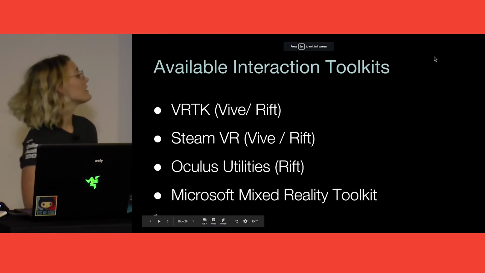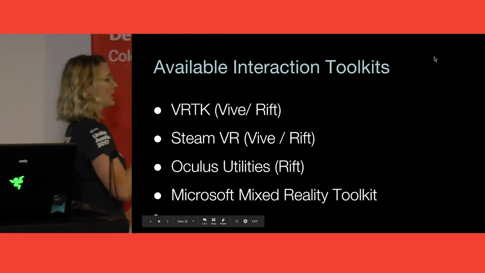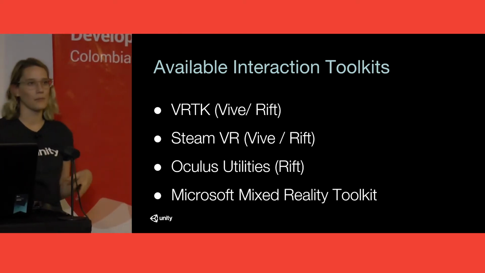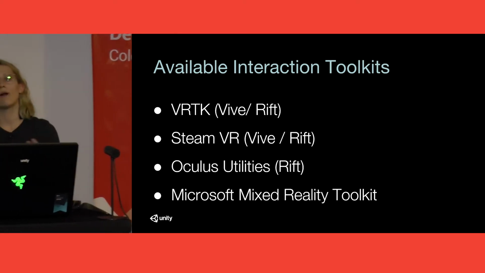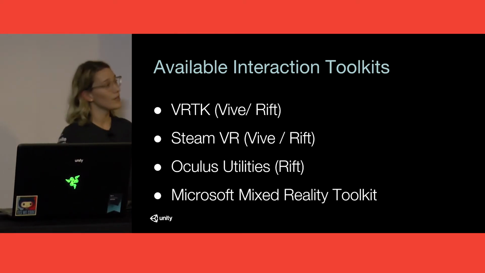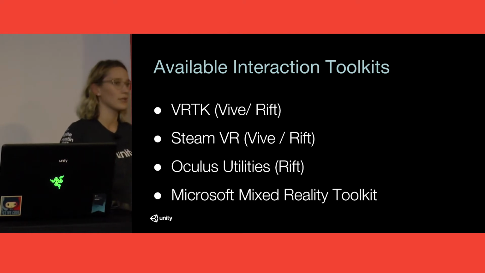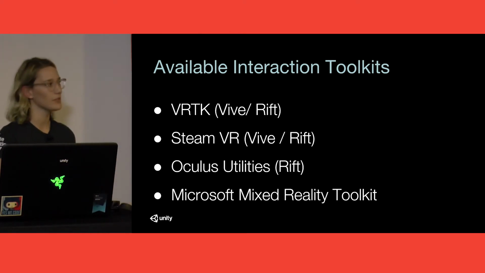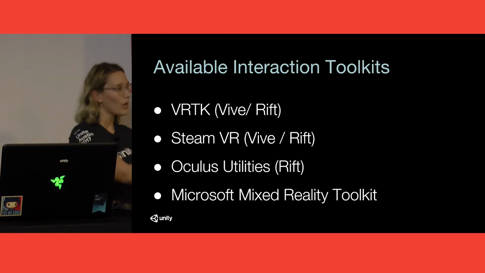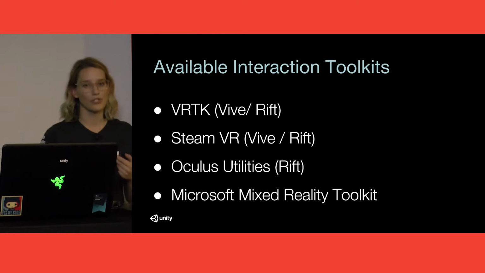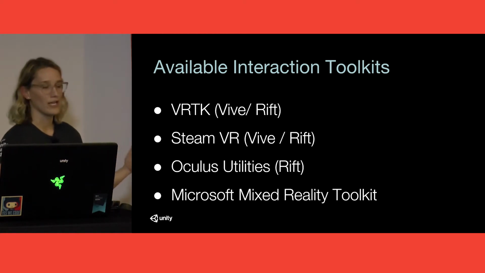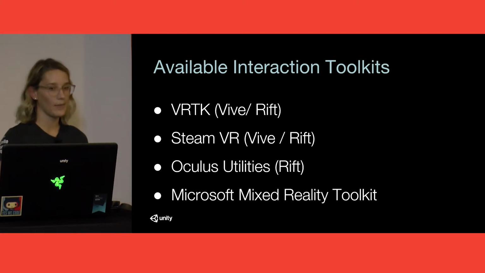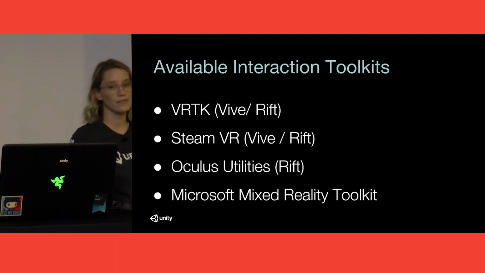All right, and if you are just getting started and maybe you want to play around with some prototyping, you have a great idea for VR, but you don't want to write all the scripts to do the interaction, there are a bunch of interaction toolkits available that are completely free for developers, and you can use these to have interaction with objects, gaze-based interactions, locomotion. A lot of people use VRTK. It's available in the Unity Asset Store. It's also available on GitHub. That'll work for the Vive and the Rift.